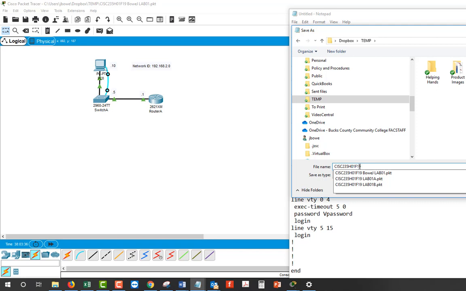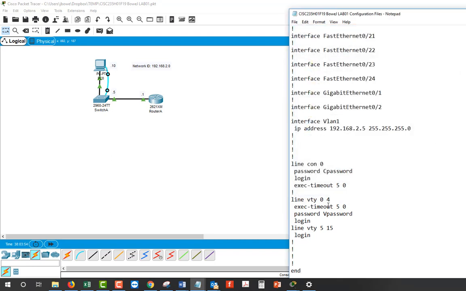And again, CISC235H01F19 BoJ LAB01, and we're going to call this configuration files and an extension of TXT. So we'll save that. Now let's go to our Word document,